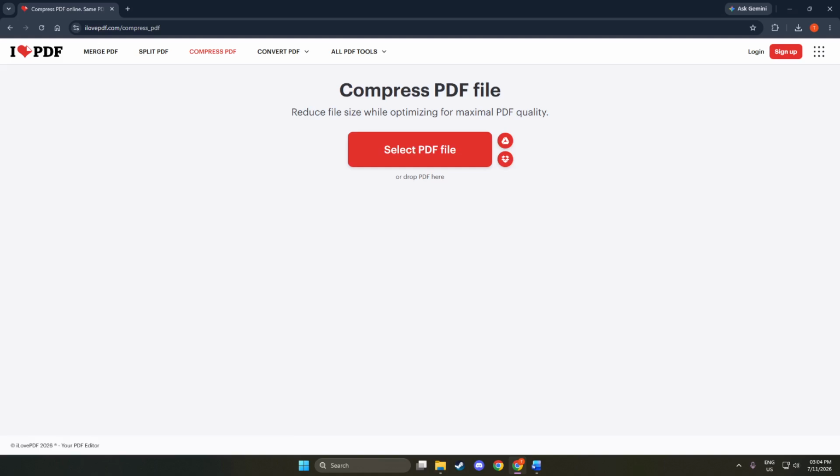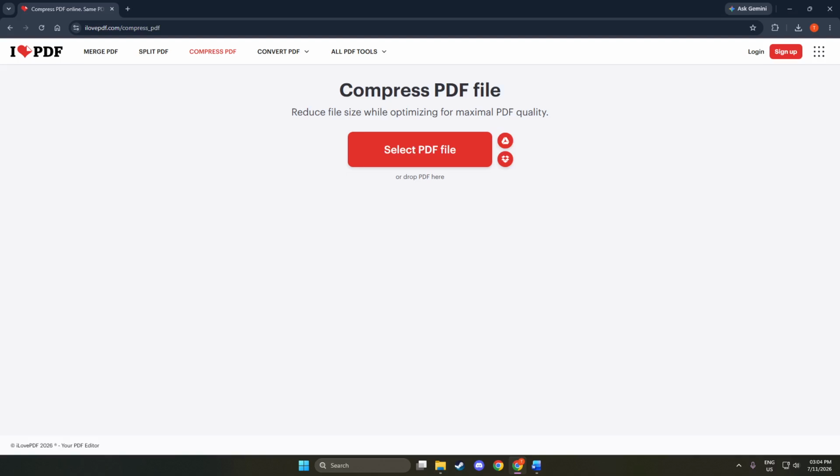Next, we will upload your PDF. In the Compress PDF tool, you will find a button that says Select PDF File. Click on this button. A file dialog will open, allowing you to navigate through your computer's files. Choose the PDF you want to compress and click Open. You will see the file name appear in the tool, indicating that it has been successfully uploaded. This step is vital as it ensures the document you wish to compress is ready for processing. Remember to check that you have selected the correct file before moving on.